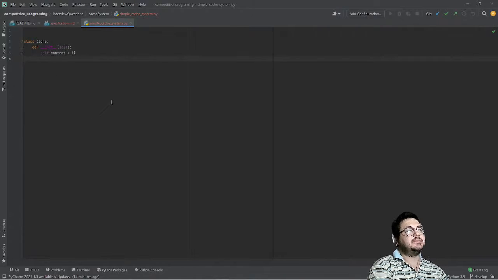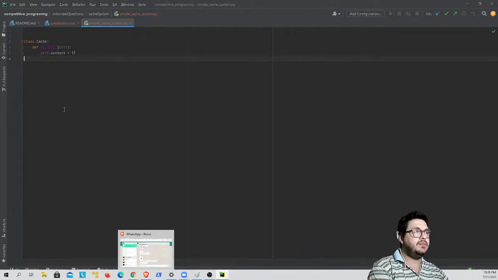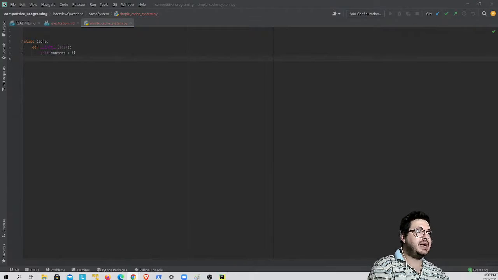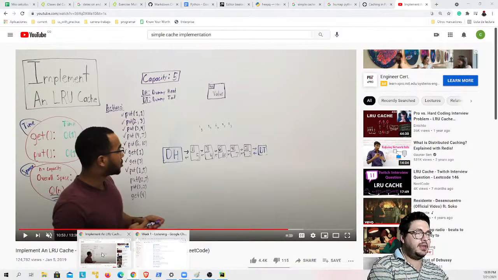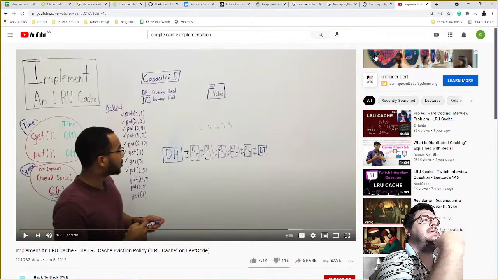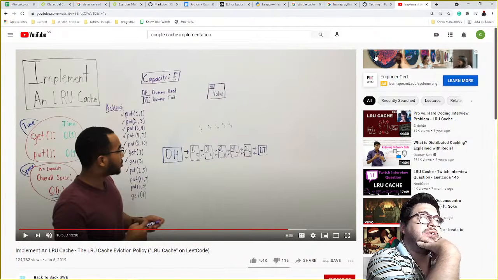Simple cache system. The first thing we need is a doubly linked list. In Python, in the standard library, there is no doubly linked list.